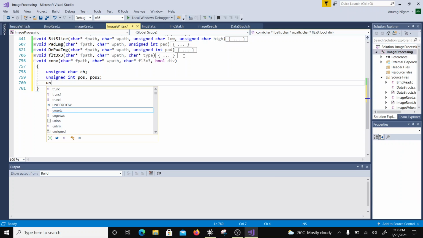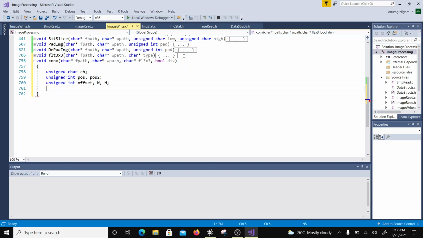Then I'm going to have unsigned int to receive the offset of the image and the width and the height, right? And then I'm going to have unsigned int to store the summation of the dot products, right? So that will be b sum for blue image, g sum for green image, and r sum for the red image,